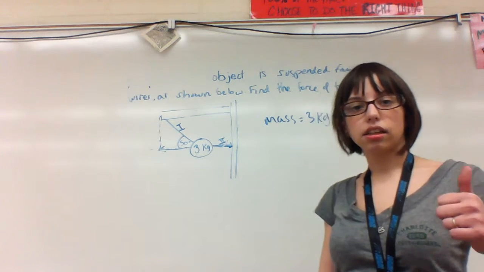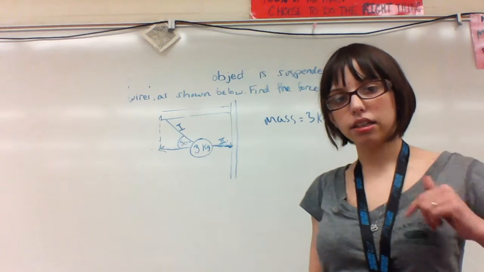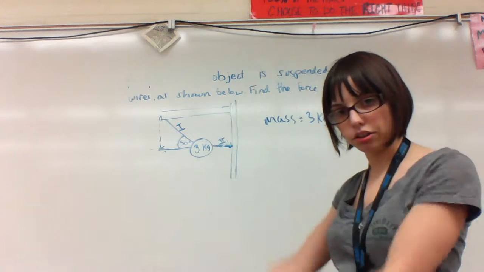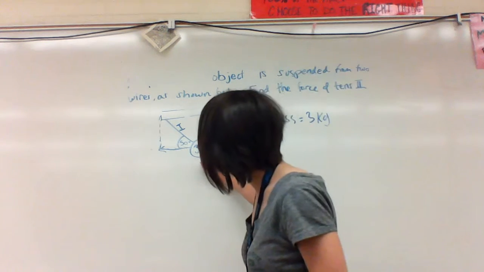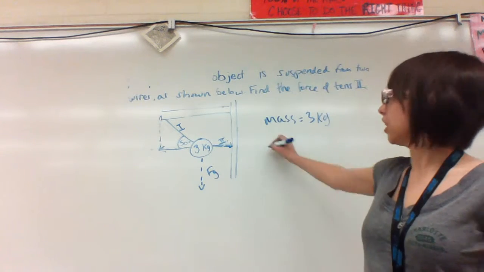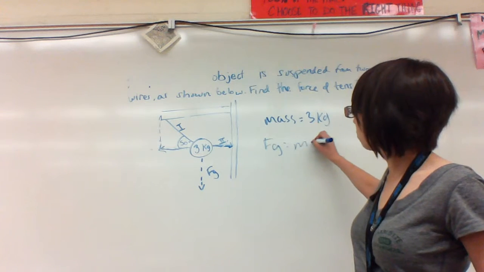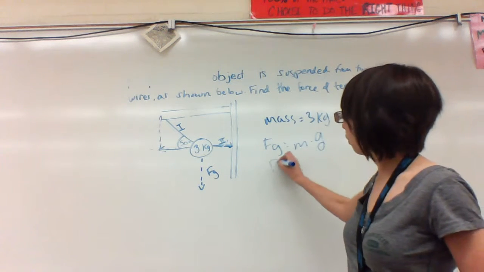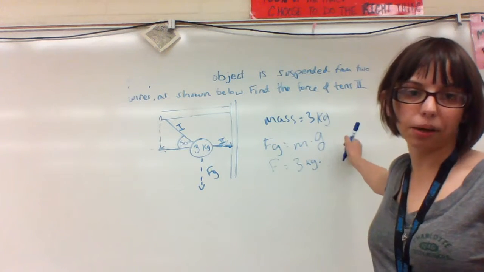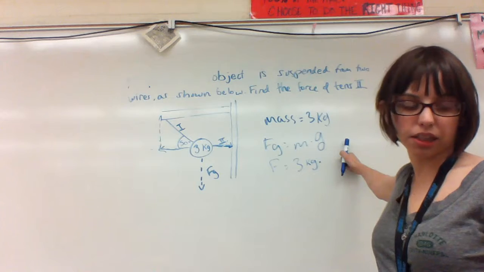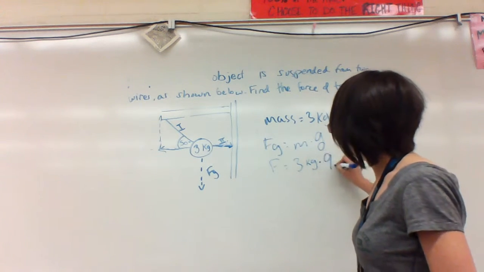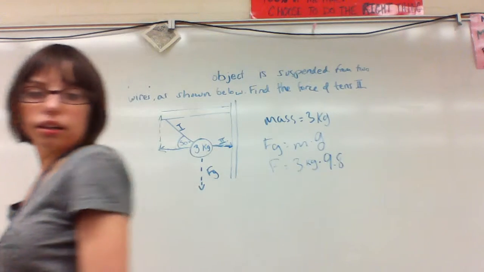I know mass can be used to find weight. Weight is a force. Weight is the force of gravity acting down on an object, pulling it towards the center of the earth. So I would draw that right there, Fg. You know the formula for Fg. Fg equals m times g, which would be 3 kilograms. And in my class, g is 9.8 meters per second squared. In your class, it might be 10. That's okay. Nobody's wrong. So 3 times 9.8, which is